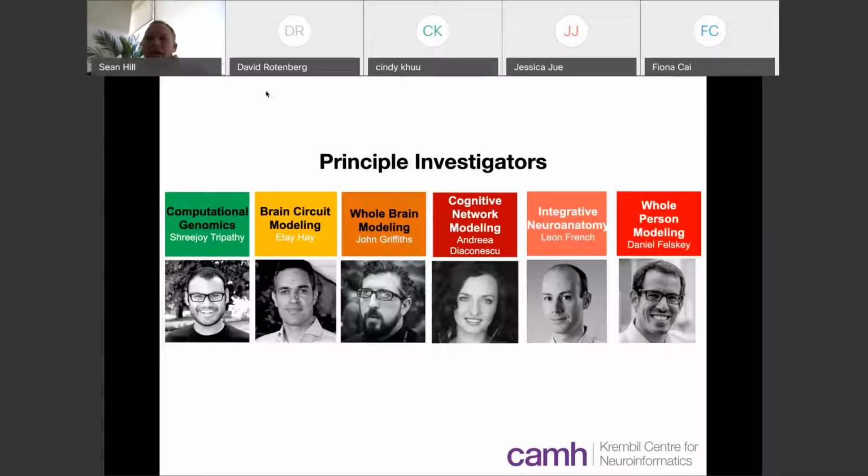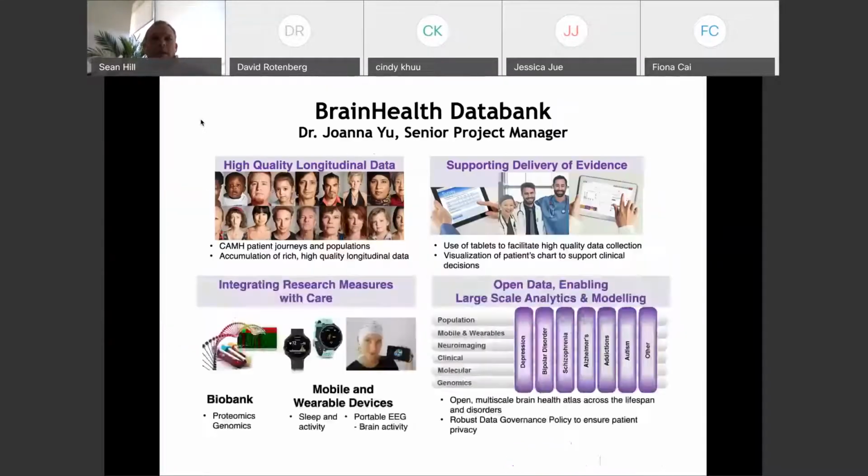And Daniel Felsky leads what we call the whole person modeling team. And I'll talk more about their work later. We also have a flagship project called the Brain Health Databank. This is led by Dr. Joanna Yu. She's the senior project manager. And in collaboration with Stefan Kloiber and Jeff Daskalakis, this is really starting with major depressive disorder clinic, the ICP,